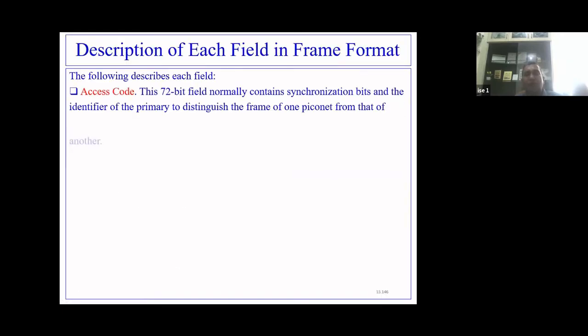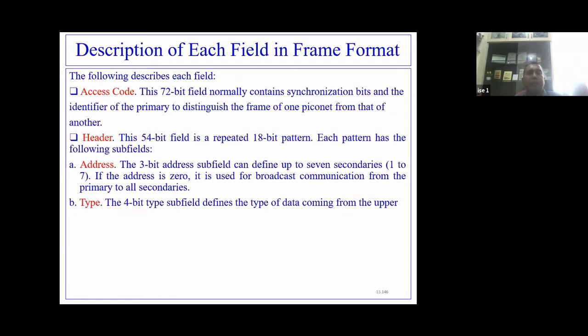Now the address field is a 3-bit address. This subfield can be defined up to 3 bits, which means 7 secondaries, starting from 1, 2, 3, 4, 5, 6, 7.